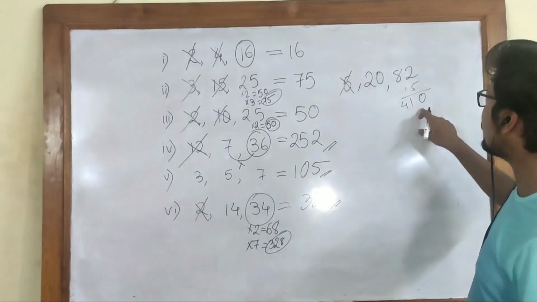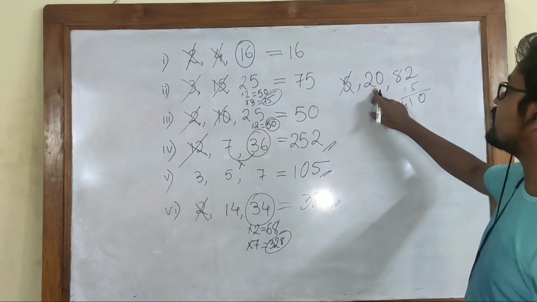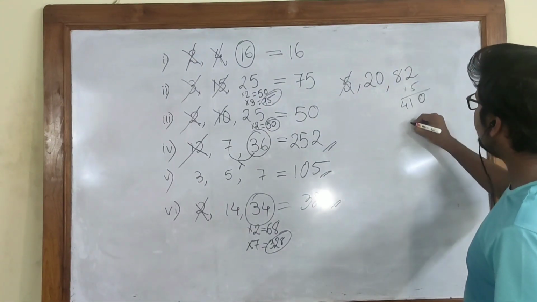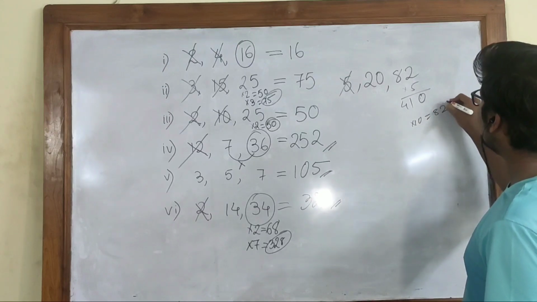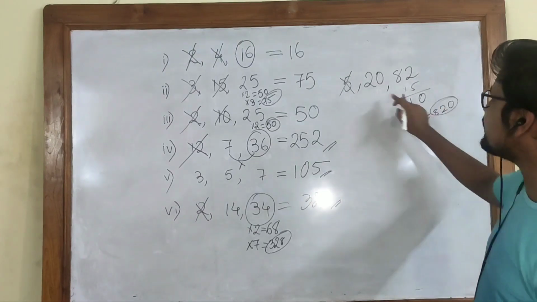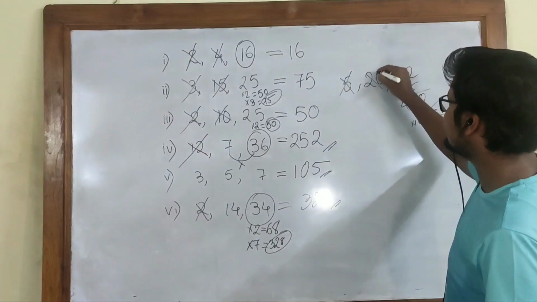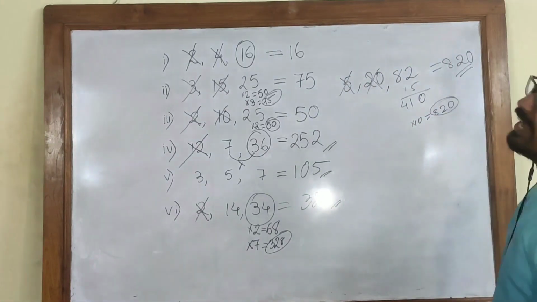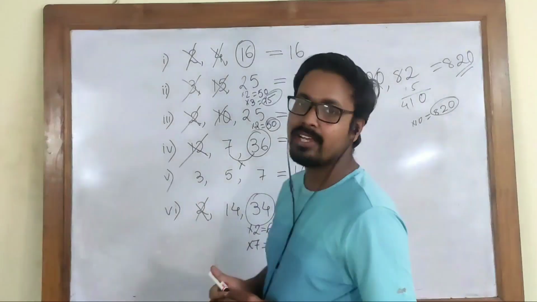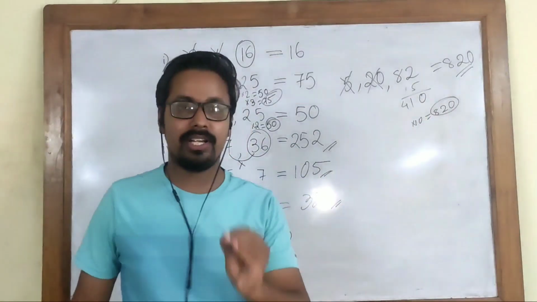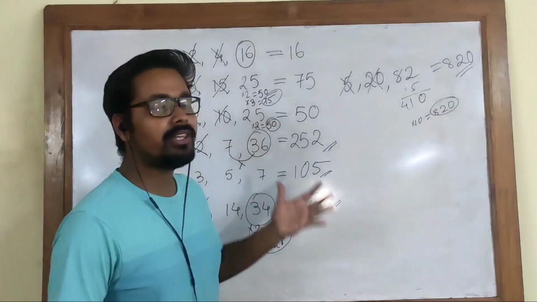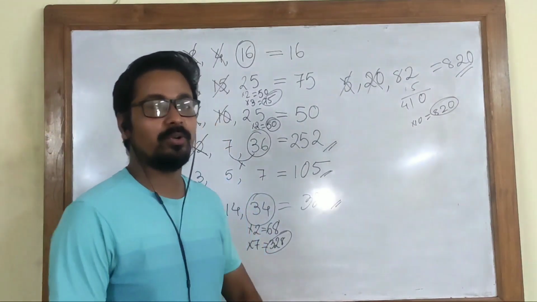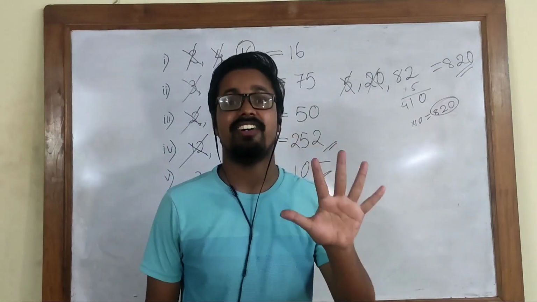Okay. Now 410 is divisible by 5, but it is not divisible by 20. So let us multiply this by 10 now. So 82 into 10 will give us 820. Is 820 divisible by 20? Of course. So cancel this, and what we get is 820 as the LCM. So that is how you find it out. If the number is big, it will take more than 5 seconds. But if the numbers are small, the general numbers that we get while solving the problems, you can easily find out in just 5 seconds.